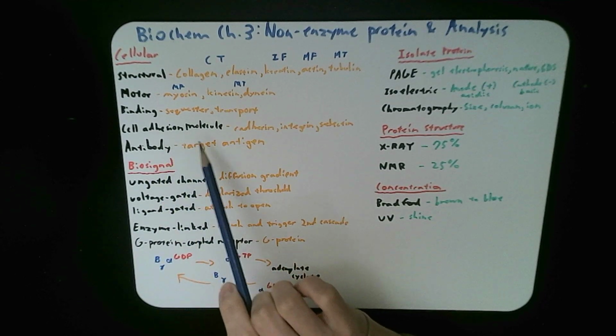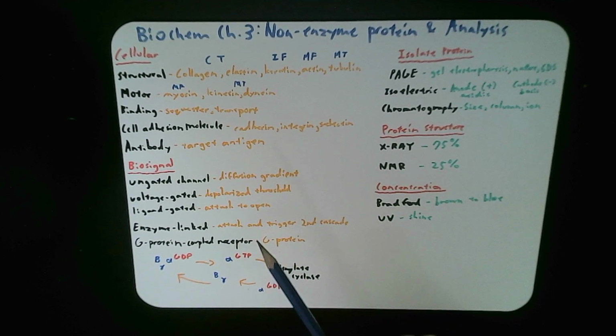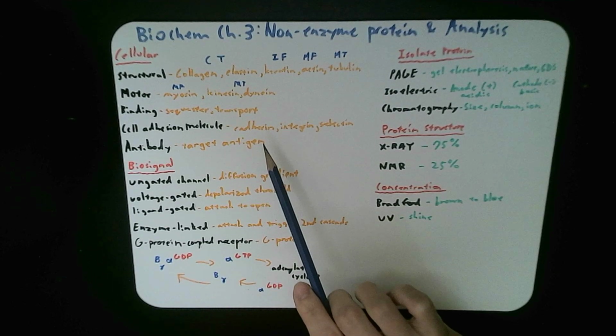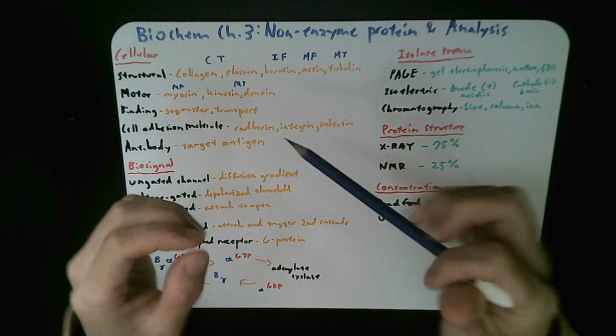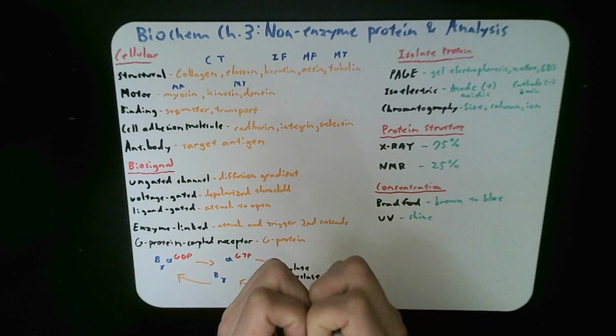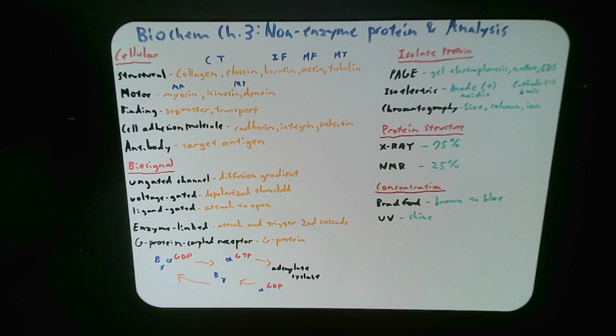Cell adhesion molecules, or CAMs, include cadherin, integrin, and selectin. Cadherins are mostly for cell-cell binding, so they bind adjacent cells to each other, like epithelial cells, and keep them bound. Integrins are found on the surface of cells, and what they do